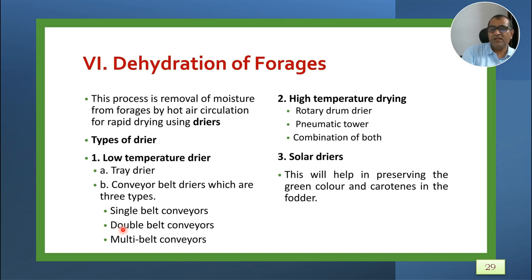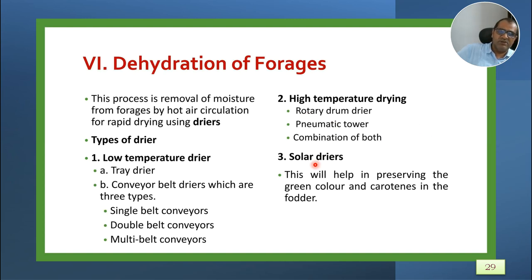Then the dehydration of forages has to be done to remove the excess moisture from the forages by hot air circulation, which is rapid drying using dryers. So the types of dryers are the low temperature dryer, also known as the tray dryer, or the conveyor belt dryers, which are of three types: single belt, double belt, and multi belt, and the hay will enter inside. Then high temperature drying, where a rotary drum dryer is there, then a pneumatic tower, and a combination of both